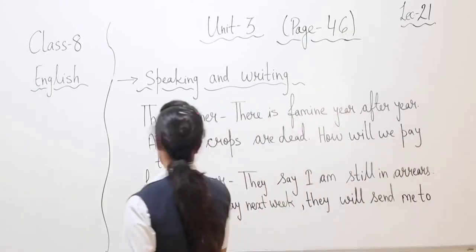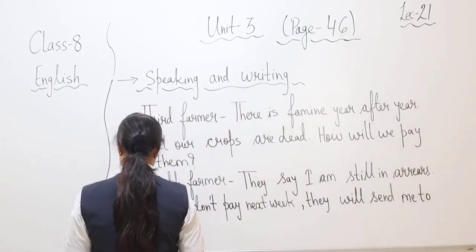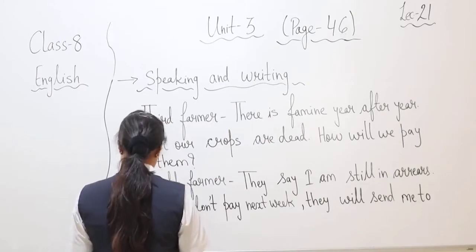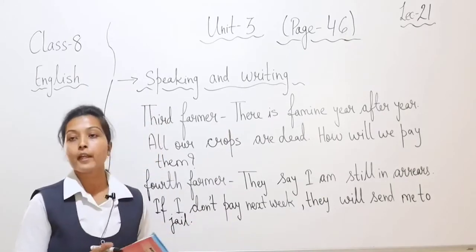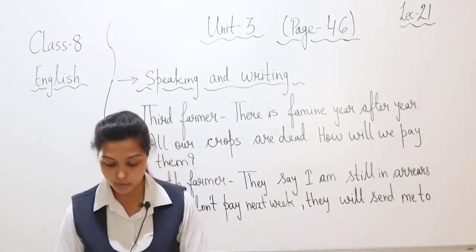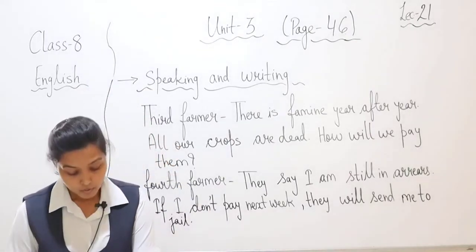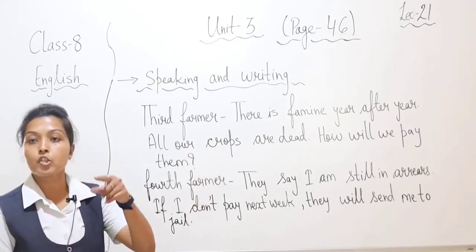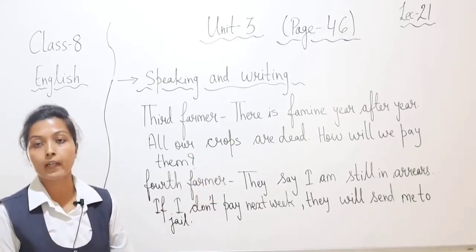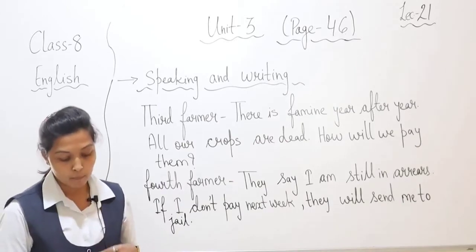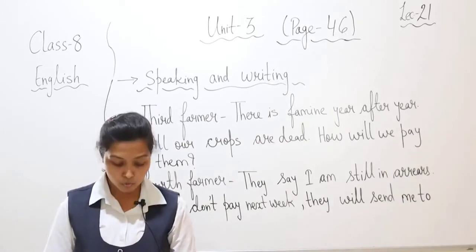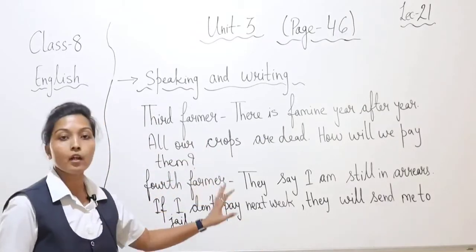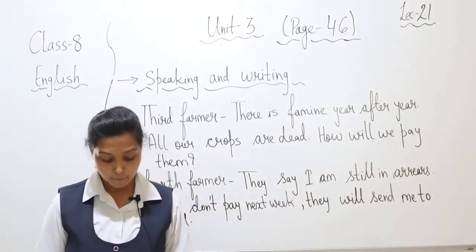Okay, that means I am in arrears, that I have to pay taxes. Yes, and if I am not going to pay, then they will send me to jail. So write the dialogues in the speech bubbles. Okay, and then act. So the play we are not going to do, that act. Okay, but we just write down the dialogues. Okay, now